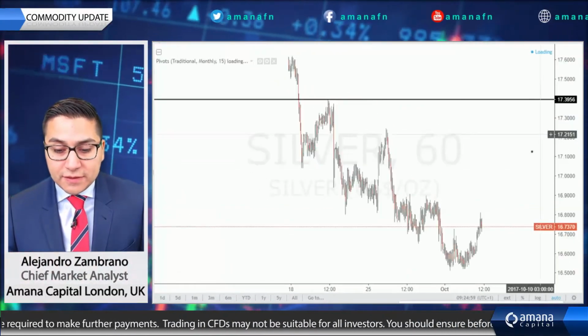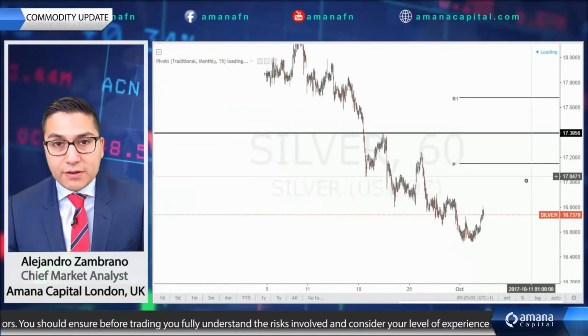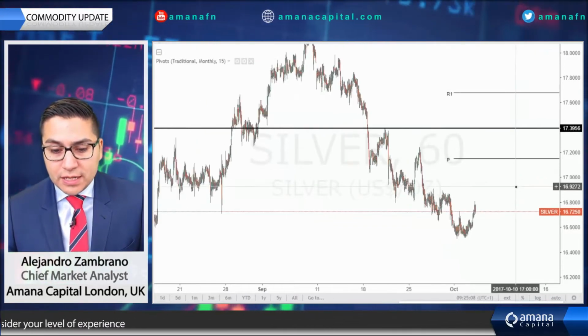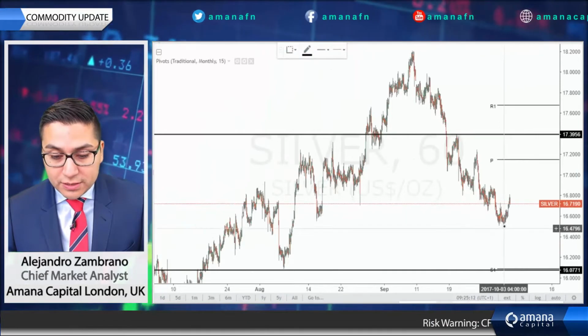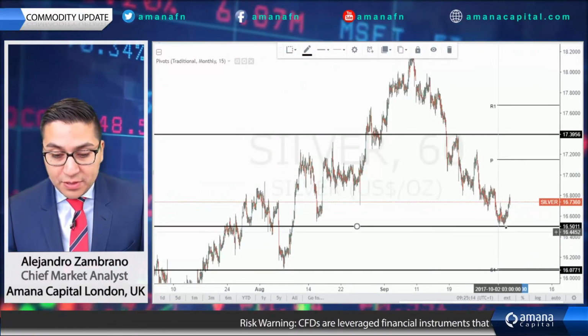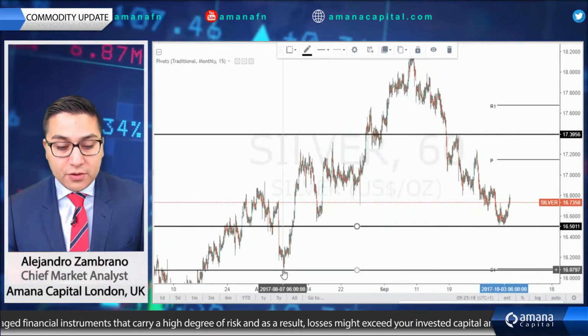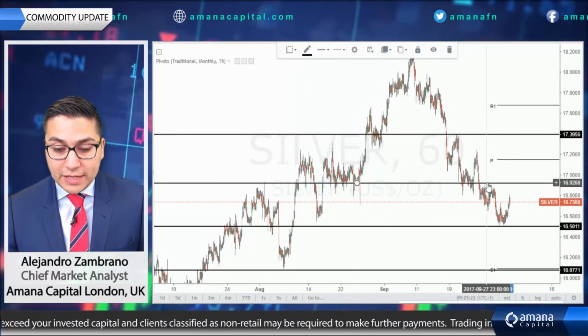This is silver, and silver is also bearish. Obviously, it doesn't usually deviate too much from gold. The levels to watch if you're trading in the short term are this week's low, and a break of this week's low opens up a decline to this low here created on August 7th. And then you have a short-term high here, which is